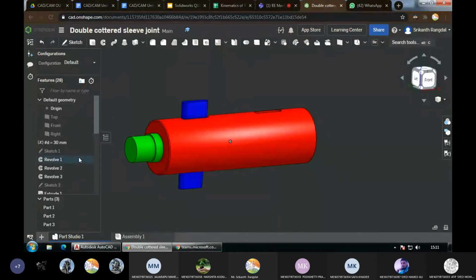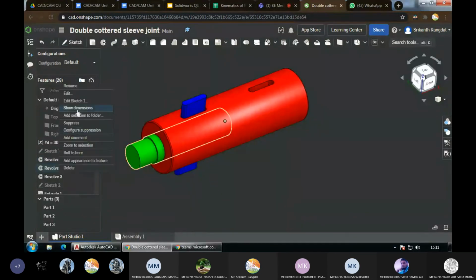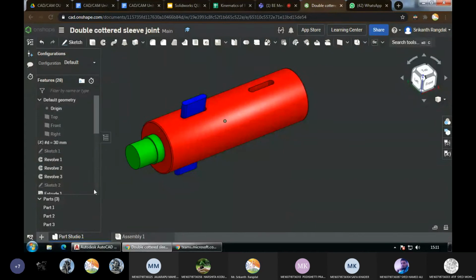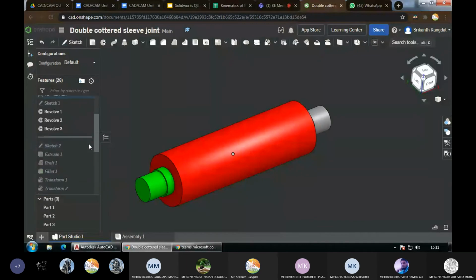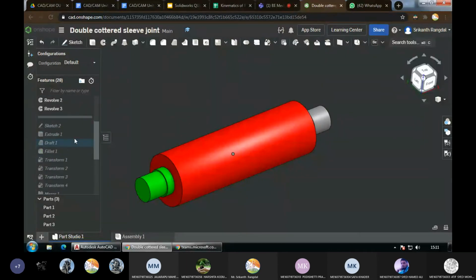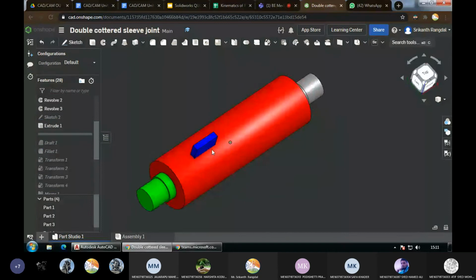So this model is formed by, let me roll it here. You can see that right now there is no hole in this, but what I'll do after, let us say here, is defined.